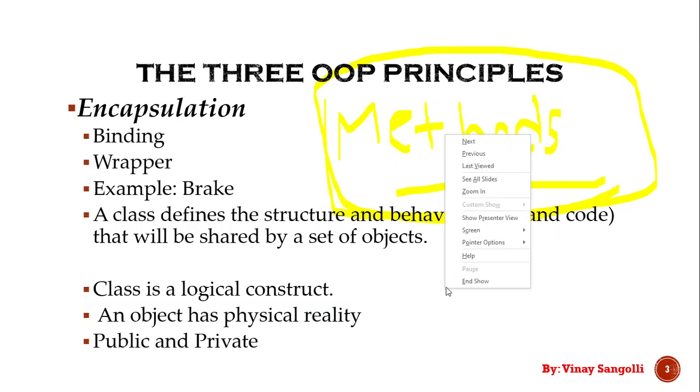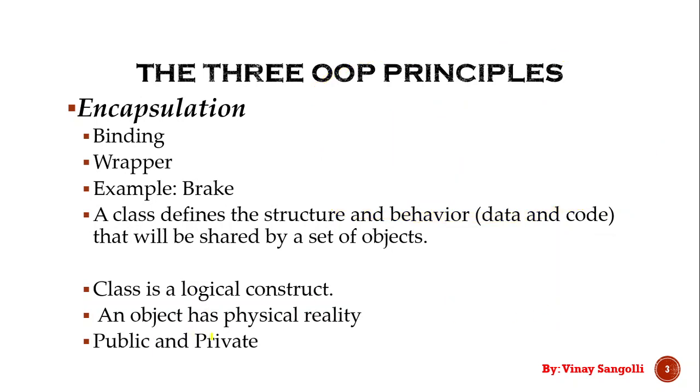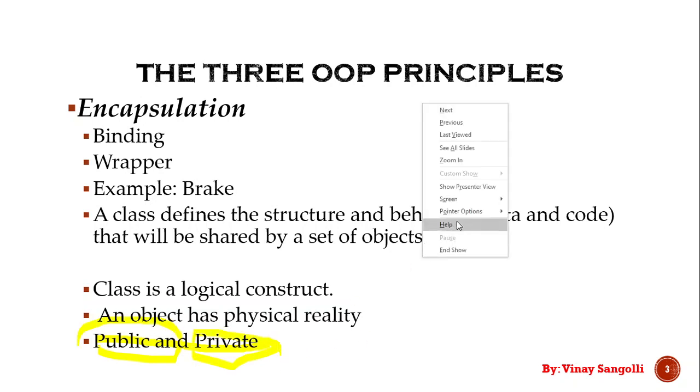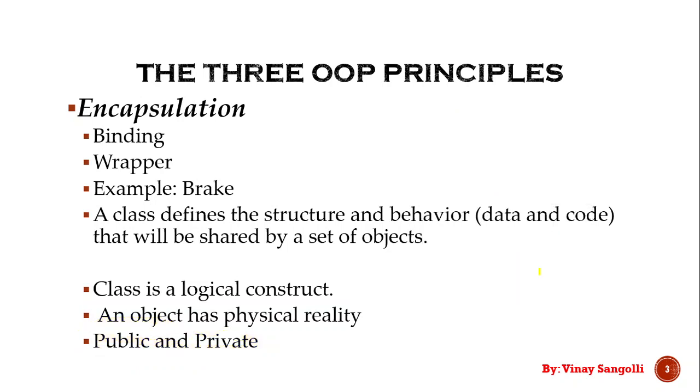Okay. Now going ahead, we have two types of data, friends. We have two types of data. One is called public data and another one is called private data. Now what are these public data and private data? As the name itself is telling you something,